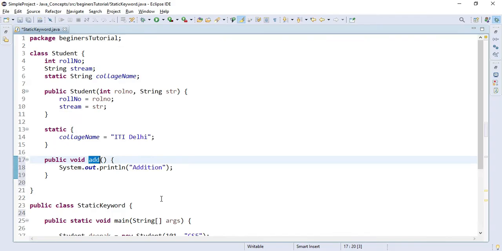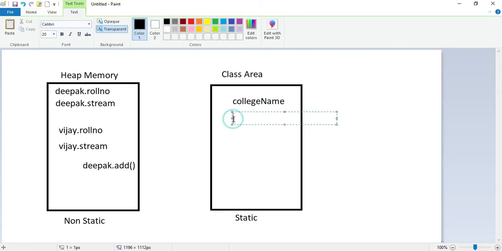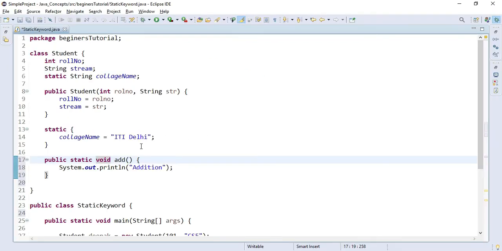But if you create it as static, then this particular method will be created in the class area, like add, and that add method will be common for all the objects you create for your class.